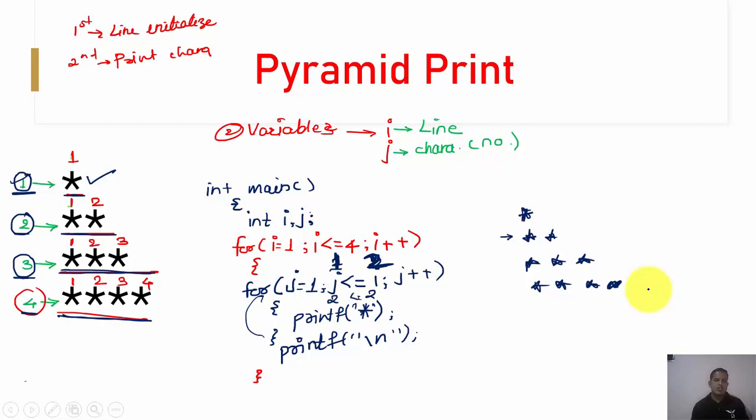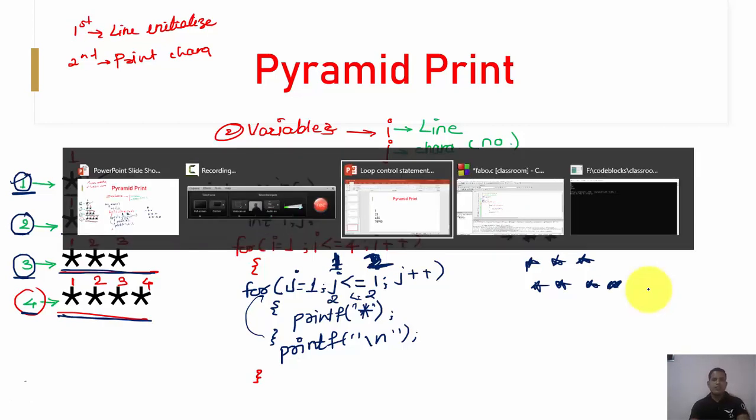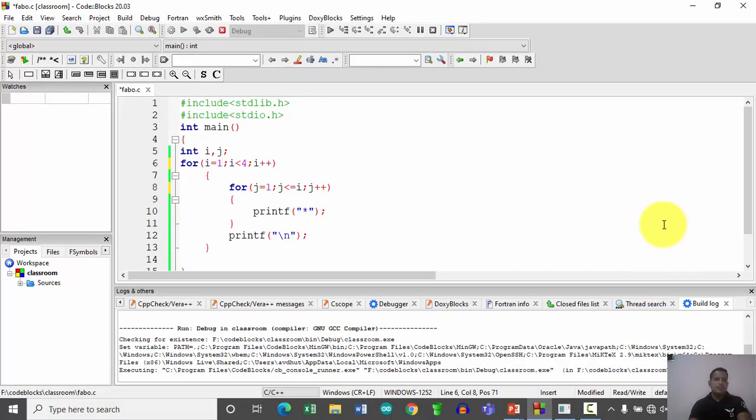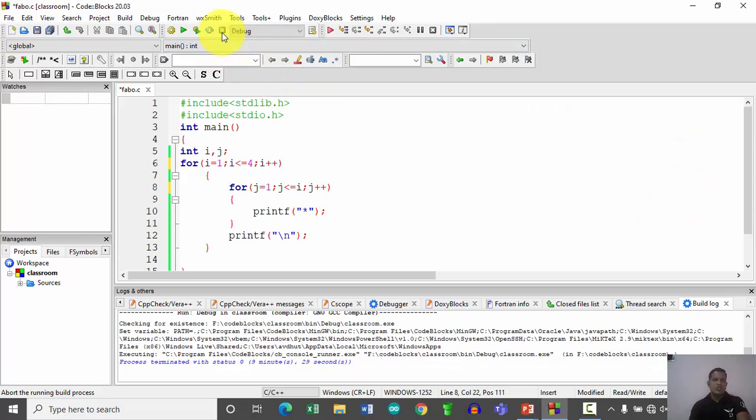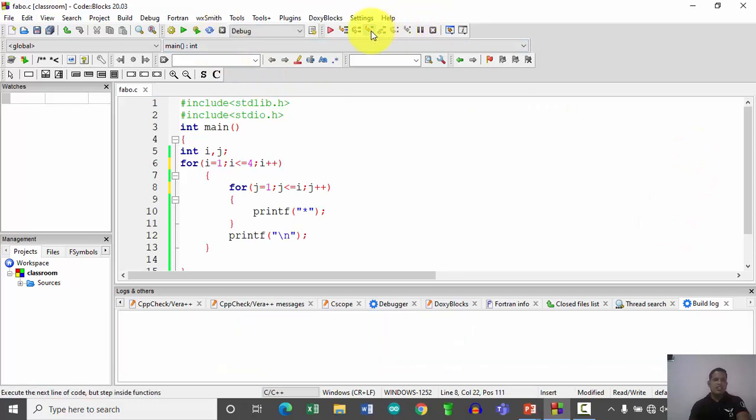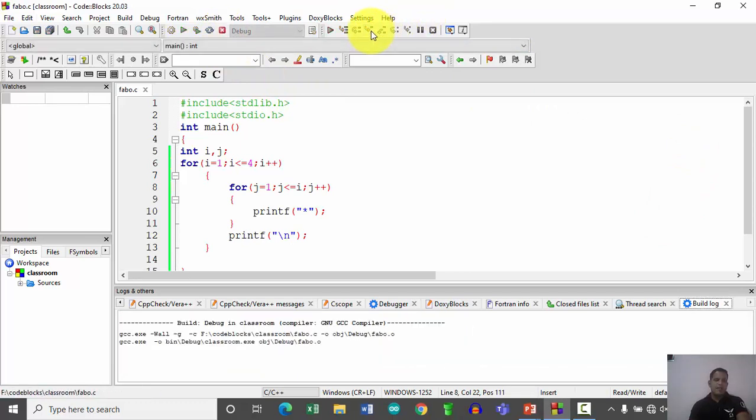Okay, so let us cross check this with a simple program. So here I did the same, variable i is there with me, then the variable j, i is equal to 1, then I am going to put i is less than or equal to 4, and then i plus plus, condition inside, j is equal to 1, j is less than or equal to i, j plus plus. Okay, now go for this execution. Let us check the stepwise execution for the understanding.